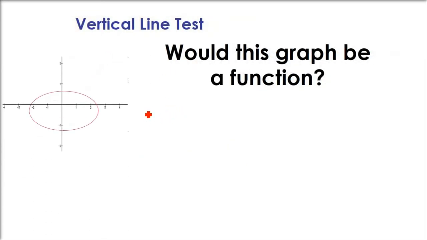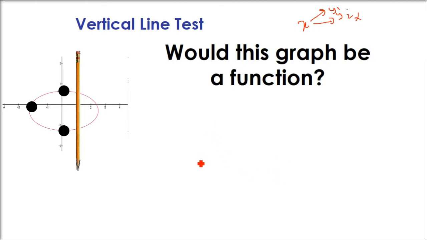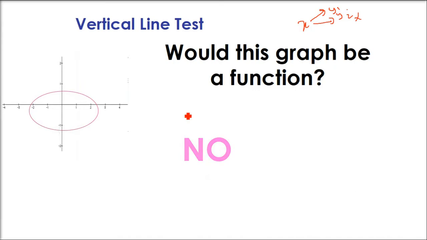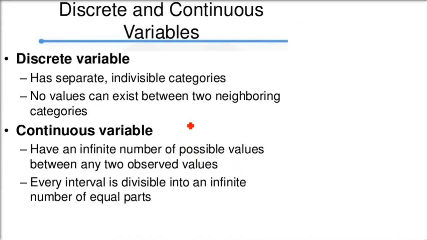Now I'm taking another example of the vertical line test, and this is not a function. How is this not a function? Same pencil coming from the left, one intersection. Now wherever it goes, till it reaches the other point, it is intersecting twice. That is, for a single x value, you are getting multiple y values, which is forbidden in a function. So the vertical line test is just checking that multiple y values for x should not come.